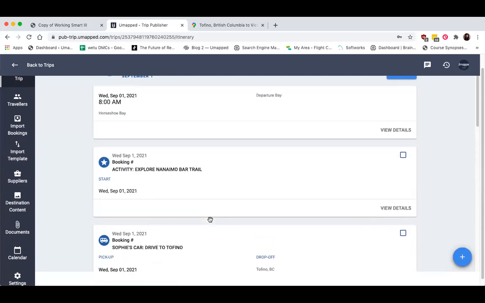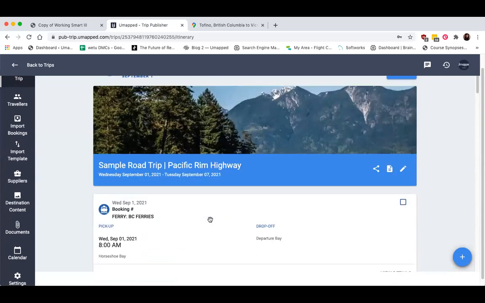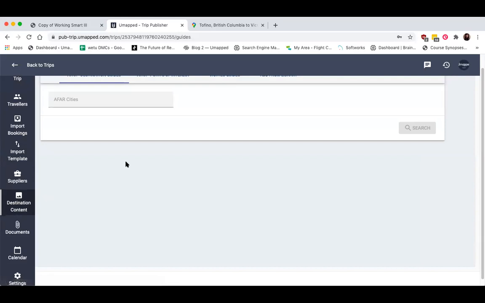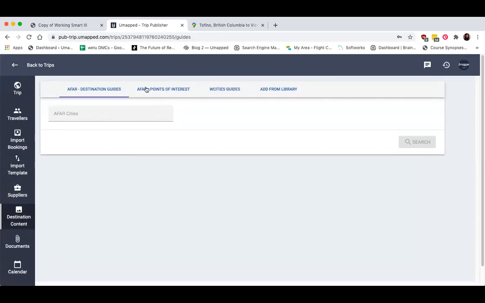Okay. So now that I've added maybe all of the pertinent segments and I have all of the actual bookings in my trip, let's just pretend that I had added all of my transportation segments, even though I only just added 2. It's time to go ahead and really spruce up this itinerary by adding relevant destination content. So I'm going to navigate to destination content from the left-hand side, and I'm going to show you one of almost each of the different integrated destination content providers. Just so you can get a sense of how to add from both of these different, AFAR and W cities, maybe as well as our own in a minute too.